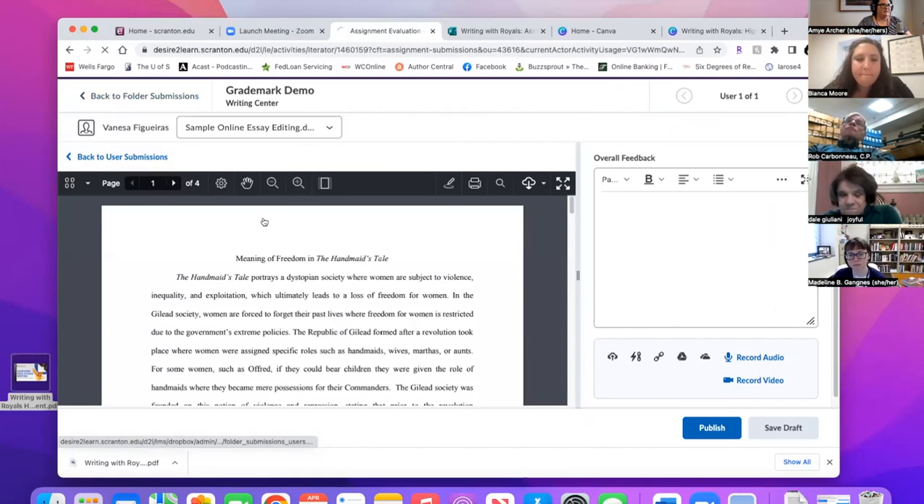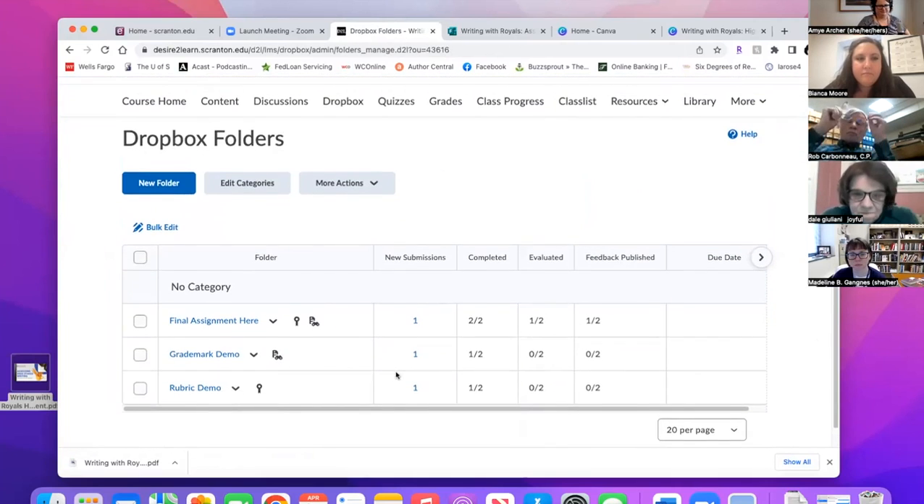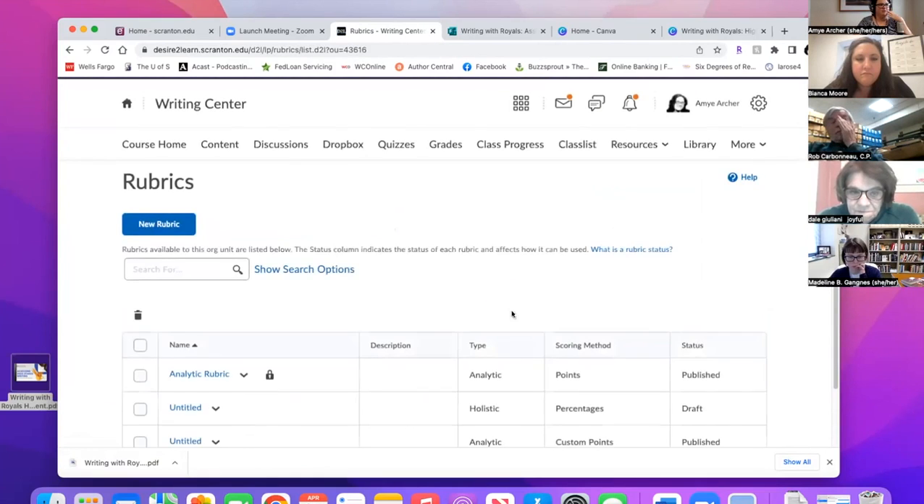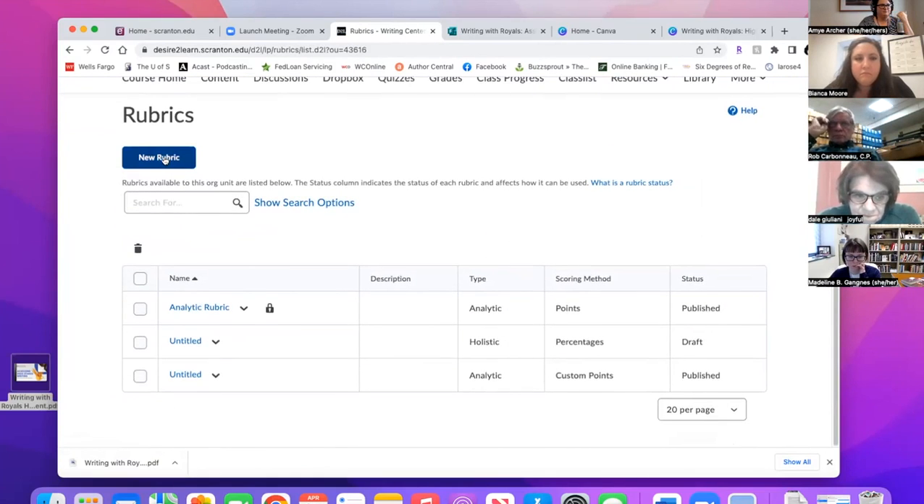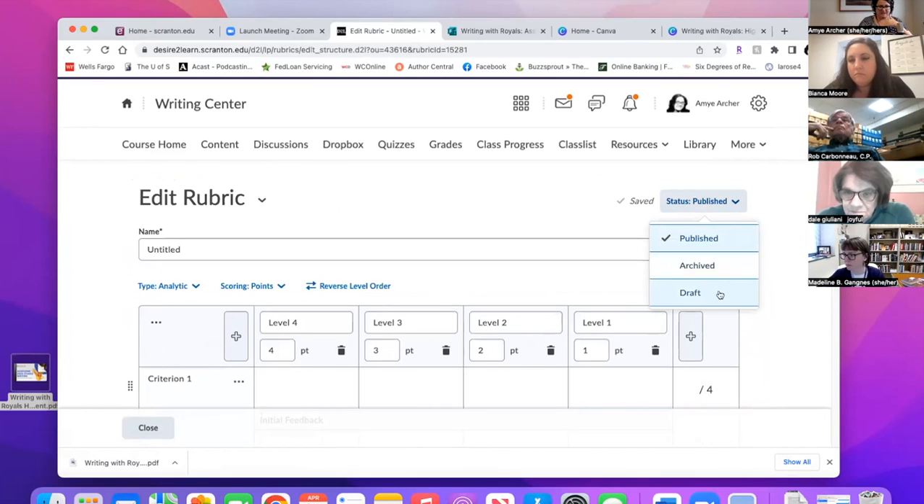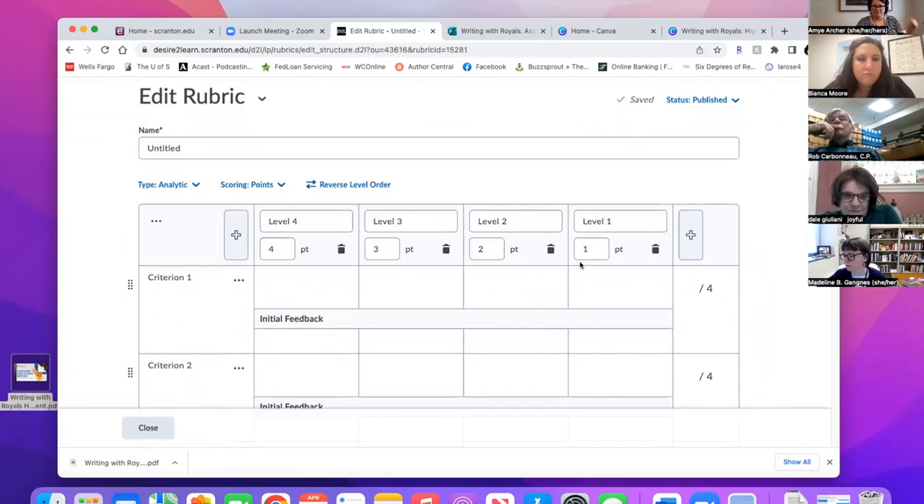Another thing that I wanted to show you really quickly is how you can build a rubric here. So to build a rubric in Brightspace, you would just go to resources and go down to rubric, and you can build two different types of rubrics here. So you would hit new rubric. And one thing that you want to pay attention to is the status. So mine defaulted to published. I think that they all do that, but if you're just working on it, you want to save it into draft. And so you can choose an analytic rubric where you get into putting numbers and everything in